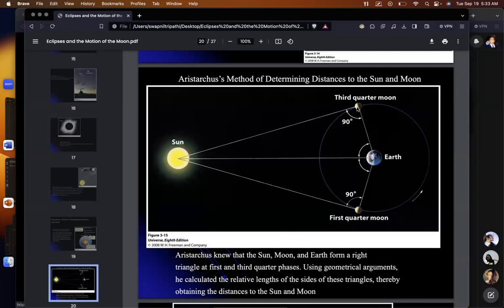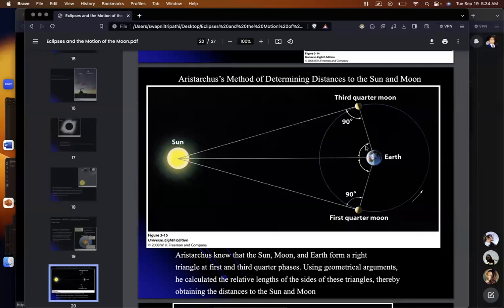So as you can see, at the first quarter moon and at the third quarter moon, the line of the earth and the moon and the moon and the sun should be 90 degrees. And so it forms a right angle triangle. And then, by looking directly towards the moon and towards the sun, he was able to measure this angle here. And by knowing this angle and some properties of geometry or trigonometry, which I won't get into detail here,